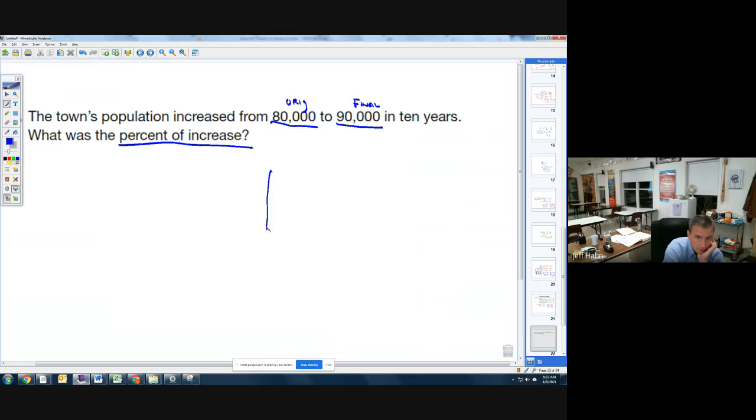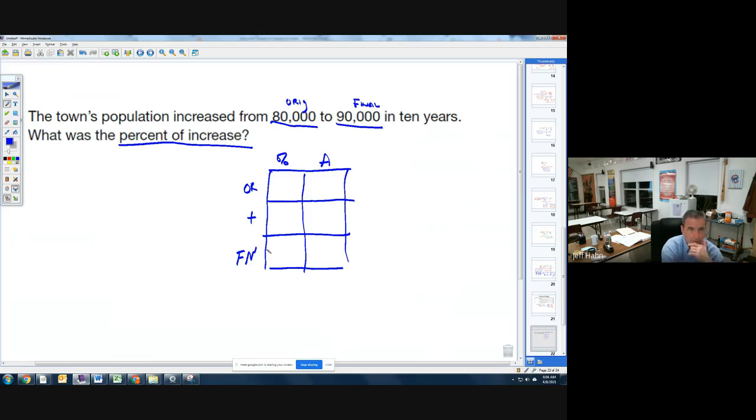So if we do our big old box here, we end up with this. Here's again our percents, our actual. This is our original percent. This is an increase, so you're going to be a plus. And this is your final number or final percent. Now notice what you're looking for is the percent of increase. This is what we're looking for. What percent did it go up? I always know my original percent is 100%. Here are my numbers. My original number is 80,000. My final number is